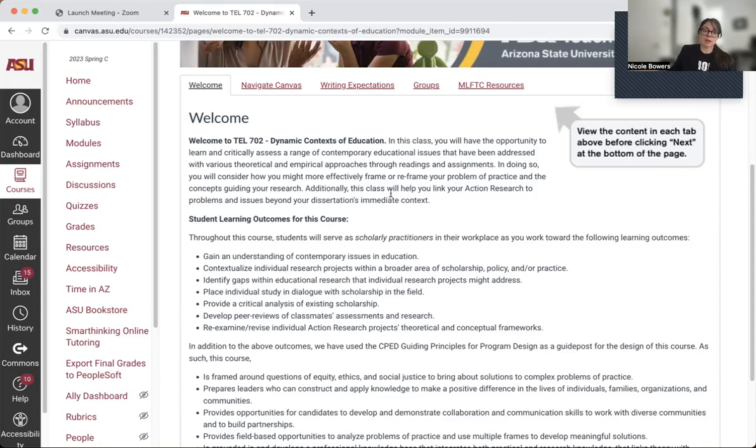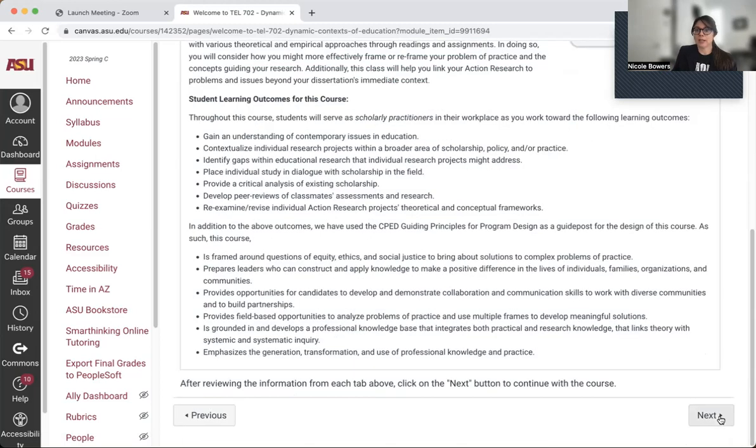The tabs up here are just your basic navigation, resources that are college-wide. There's a section that's called groups. We will have groups in this session, but with the two co-instructors, myself and Dr. Miller, we will be working with all of you at different times. All right, so if we hit next,